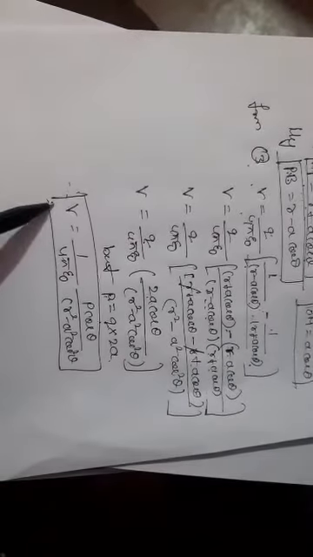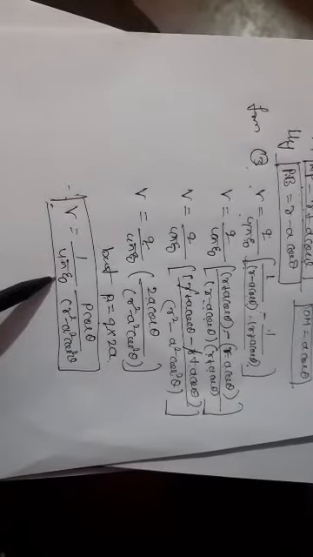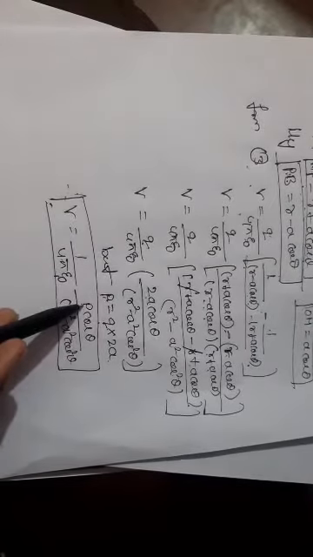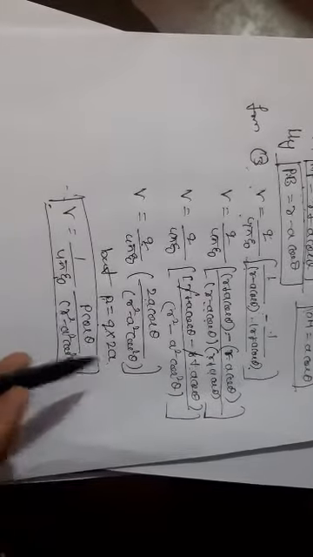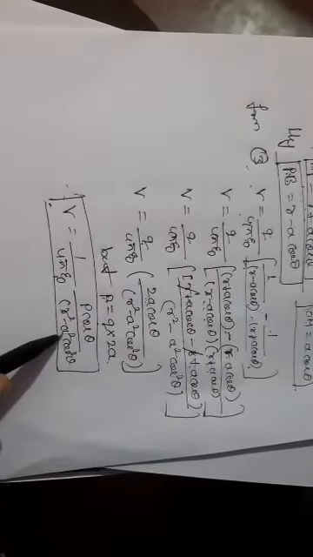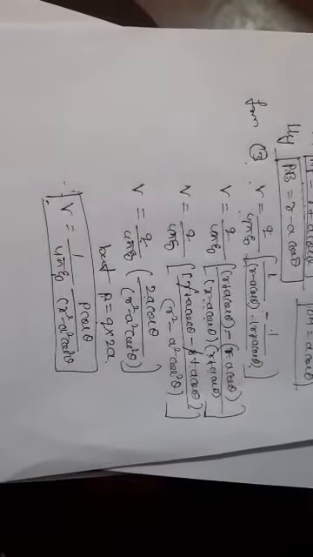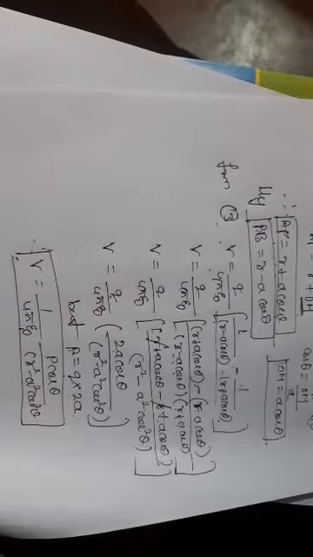It is due to electric dipole, where V is the electric potential, epsilon naught is the permittivity, P is the dipole moment, and r is the distance between P and O, a is the distance between the midpoint and the positive and negative charges. That is the concept of electric potential due to the electric dipole. Once again, listen.